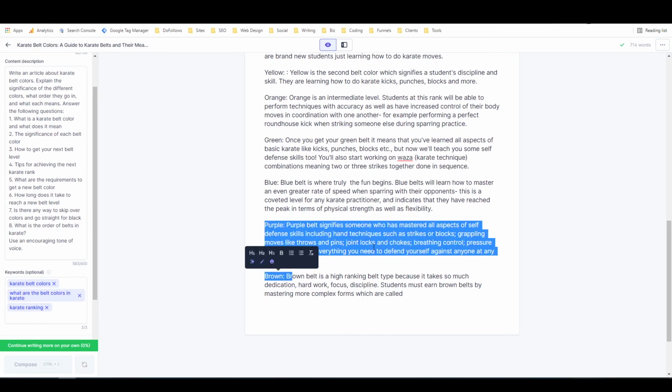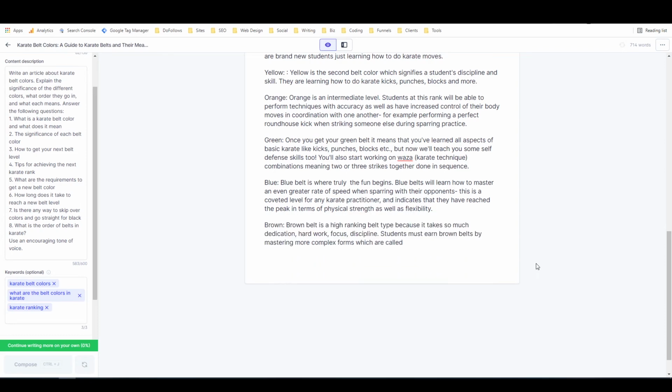I don't believe that there is a purple belt in karate. There is a purple belt in Brazilian Jiu-Jitsu. I don't think there's one in karate though. Students must earn brown belts by mastering more complex forms, which are called kata. Maybe they're called something else at the higher level. I'll have to check into that. And they are expected